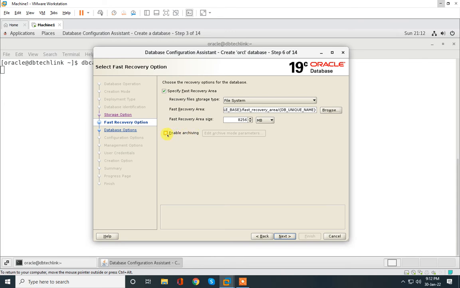Next is enable archive log, enable archiving. See, when we make any kind of changes in the database, Oracle generates logs for those changes, right? And by default, Oracle overwrites those logs. To save those logs, we just enable archiving, right? So that in case of any media failure, you can recover your database up to the current point in time, right? For production environment backup, we always enable archiving, right? Click on next